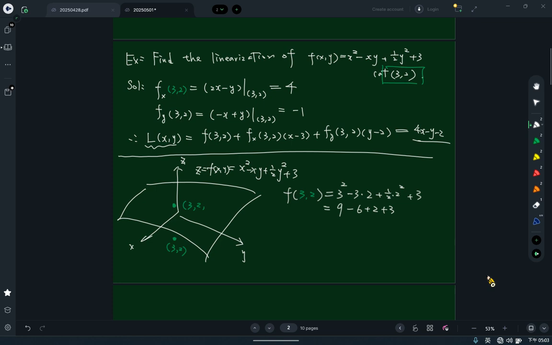Right? So it will be 8. So that means A will be here. Right? 3, 2. When I use this as the input for this function, then I can get its height is 8. So the point will be (3, 2, 8). Right? So on Monday, we just learned that the gradient vector